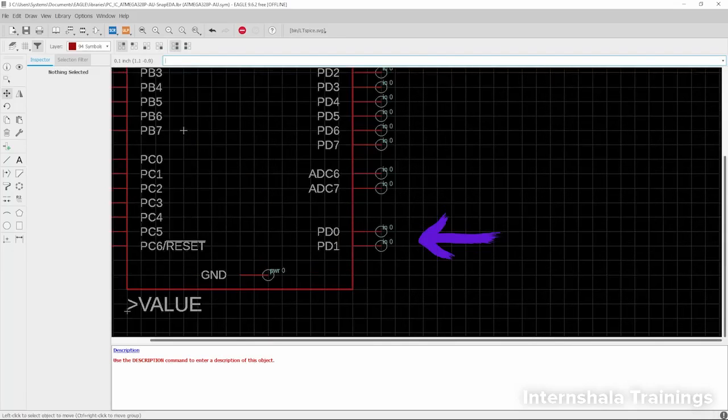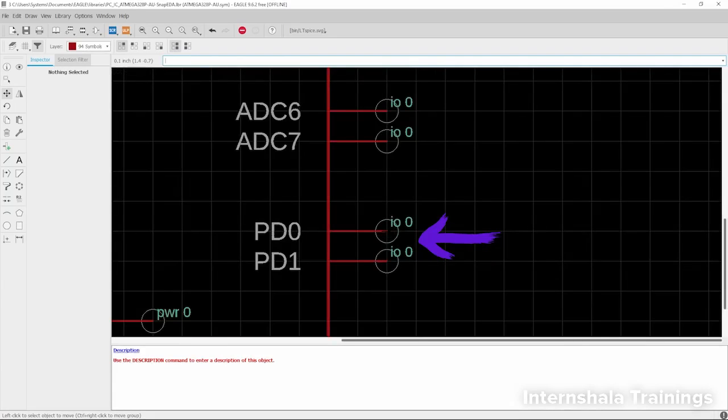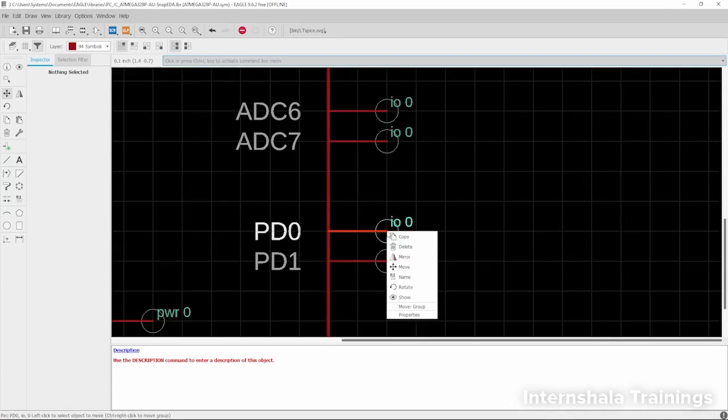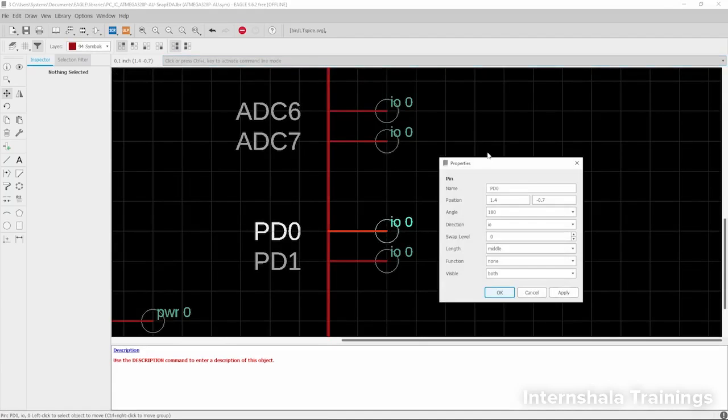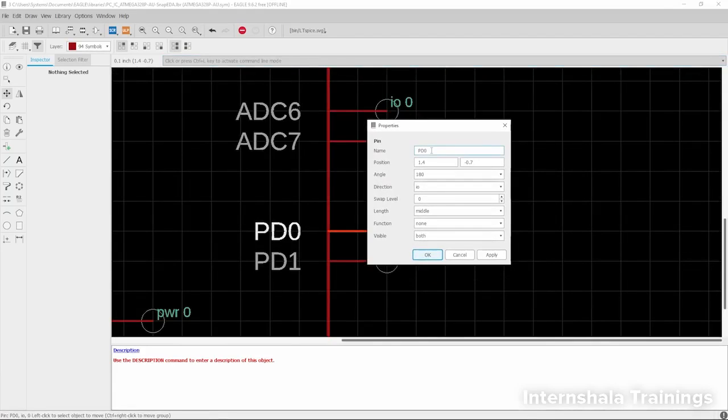And for example, if you have to change the name of these two pins, you can do that from here. You just have to click on this pin, right click, then go to properties, and from here you can change the name of this pin. At this moment the name is just PD0, but every microcontroller that you will use is going to have some alternate functionality. So you can write some alternate functionality for that particular pin. For example, let's say that this PD0 has an RX functionality of the UART interface. So I will just write